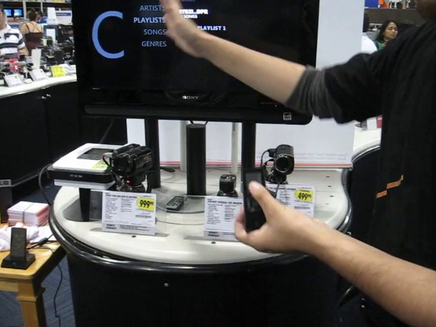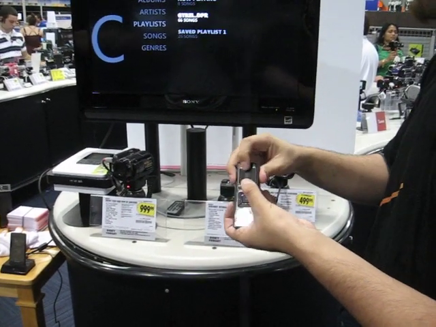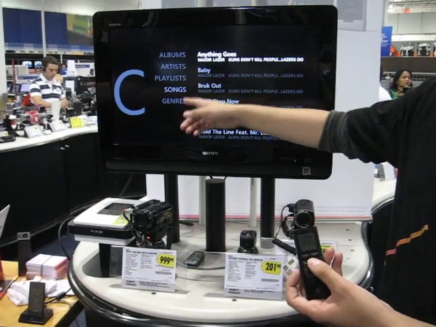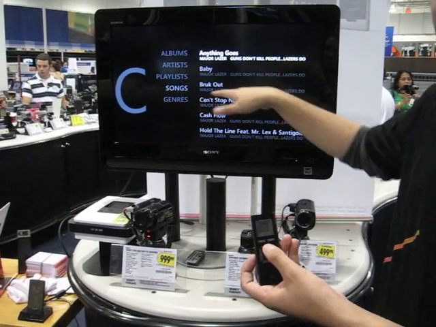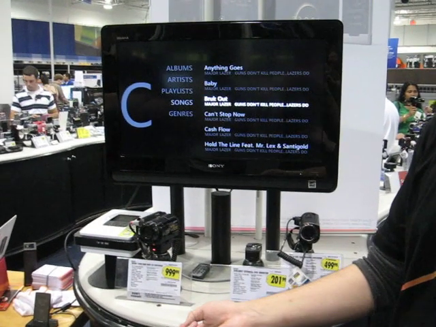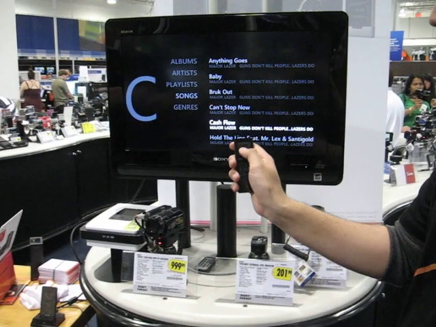and use that to jump between the menus. Center button is, naturally enough, my confirmation. If I hit it on the left side here, it'll take me to the right, or I can use left and right. And then when I find what I want to listen to, it would help if I pointed at every device. I hit the center button here,